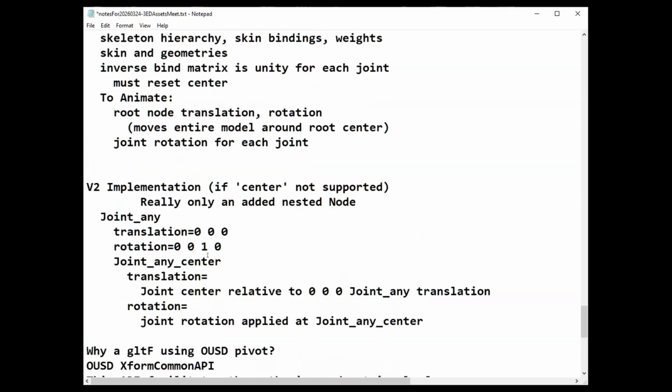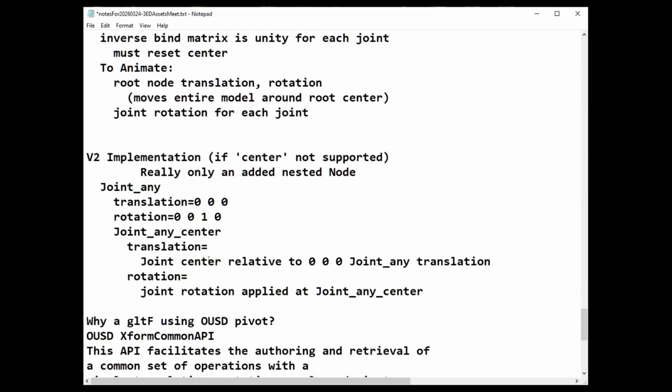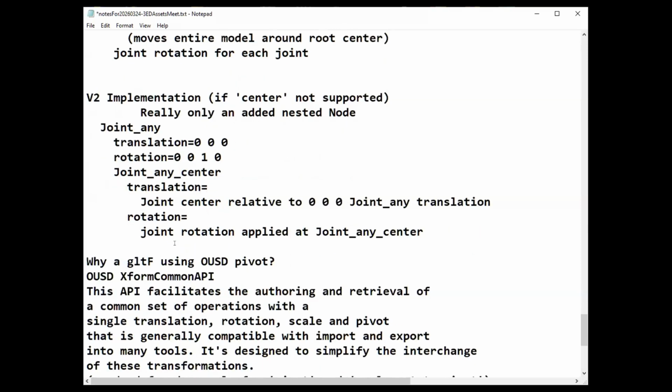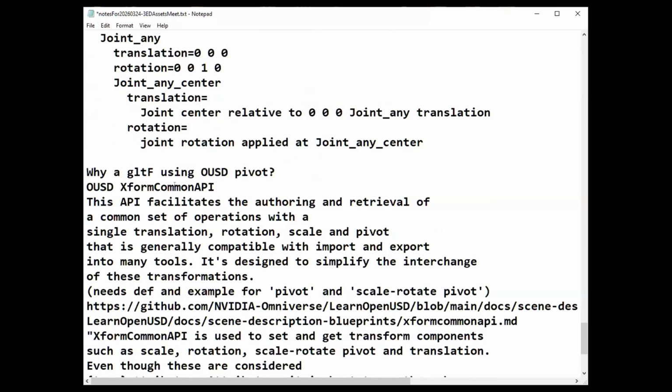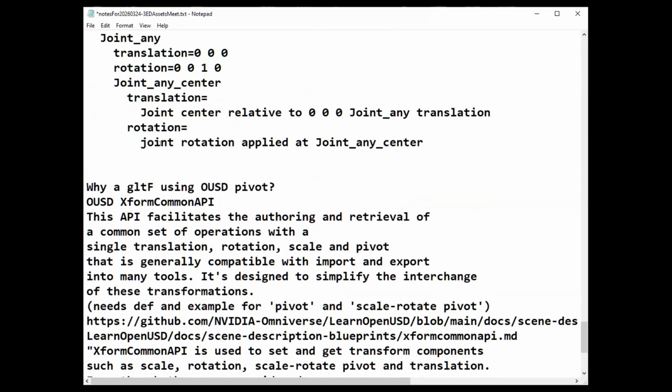There's also a way of modeling this using two transforms, and finally there's a USD interface called pivot. It's not too well defined, but I want to try to get that into a specification so we can handle these two different ways of dimensioning a character. So thank you.